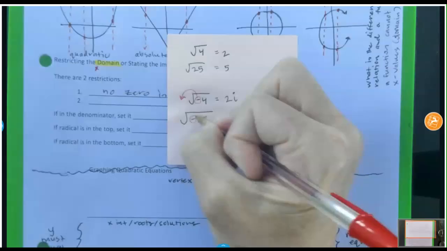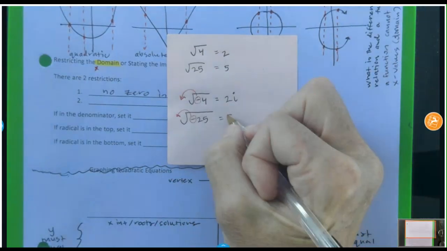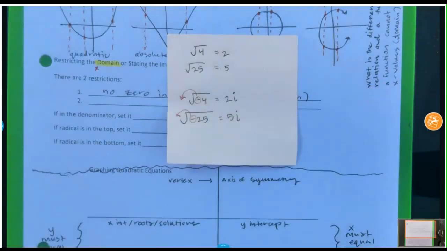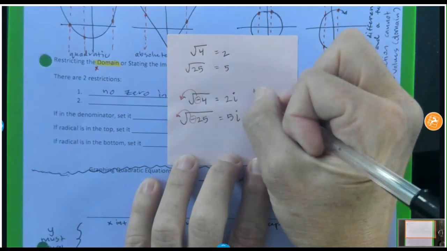Negative, and then comes out and gives us 5i. Y'all remember this? We had a test on this. We've had a quiz on this. We've already studied that. So what we're seeing here, based on this pink sticky note, is you cannot have a